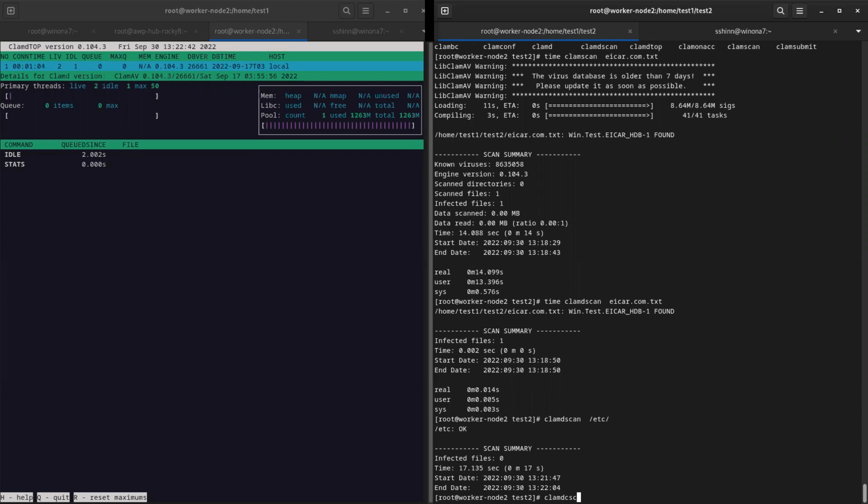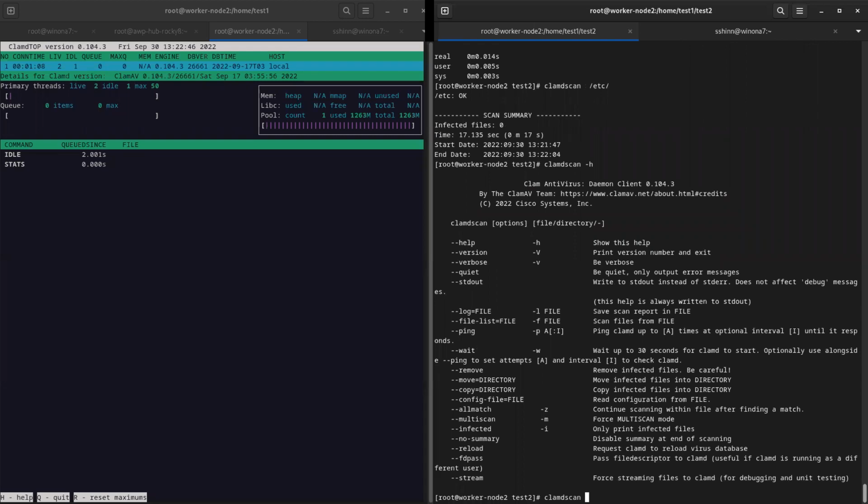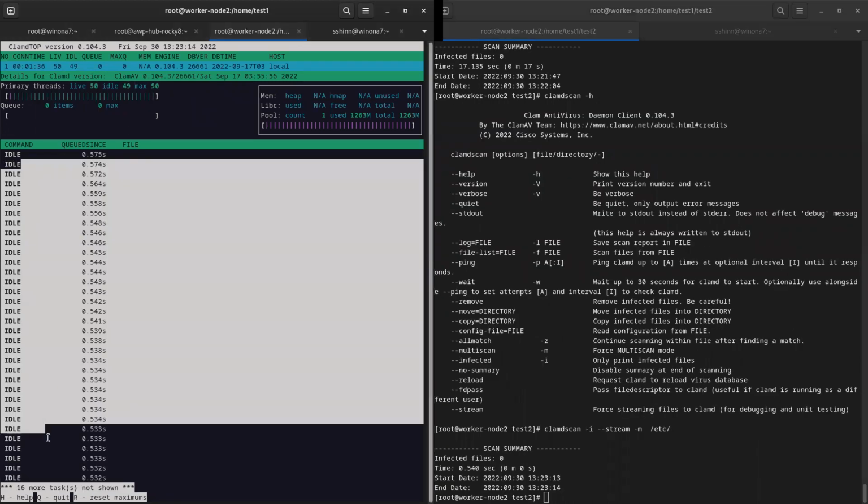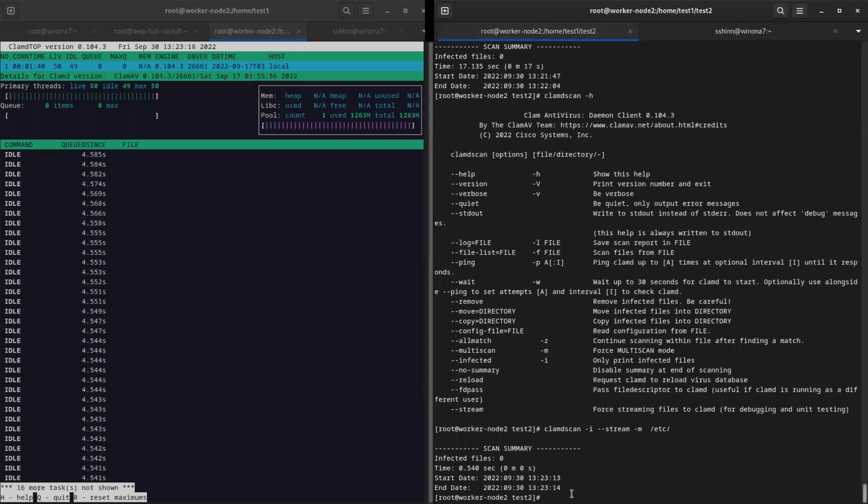There are some pretty lightweight modifications that we make to the ClamD scan client. This gets really important when we talk about real time. Right now, we're not doing real time, just on-demand type scanning. So this time, instead of passing the file handle to it to go scan, I'm going to tell it to stream. In essence, it's streaming the content into the daemon, and I'm telling it to run multi-threaded. You'll see it blew through all those threads really fast, and you saw how quickly it did the etc file system.